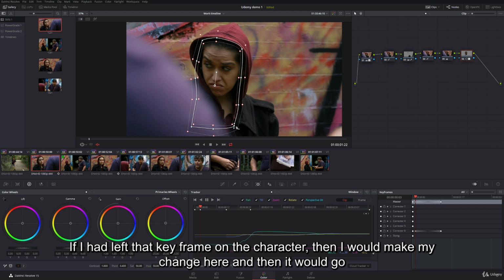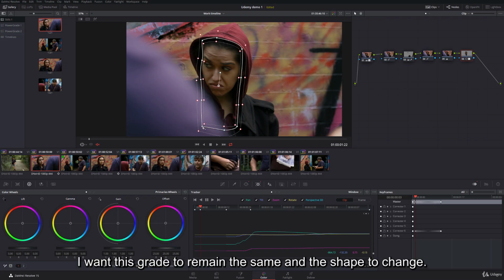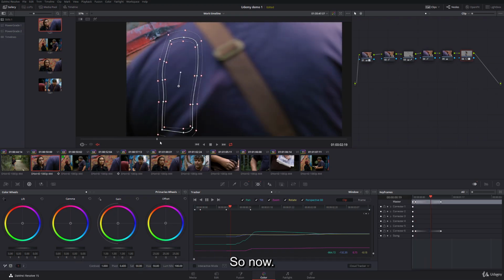If I had left that keyframe on the color corrector, then I would make my change here and then it would go back to normal again. And I don't want that. I want this grade to remain the same and the shape to change. So now